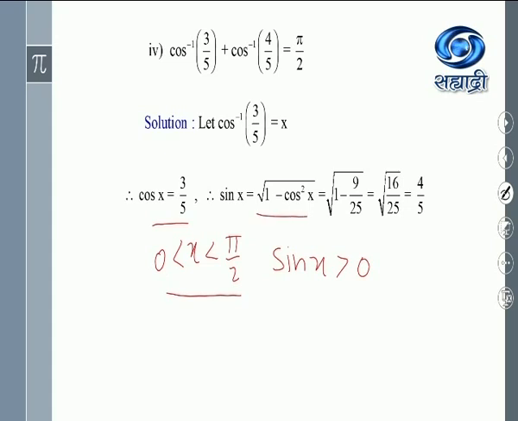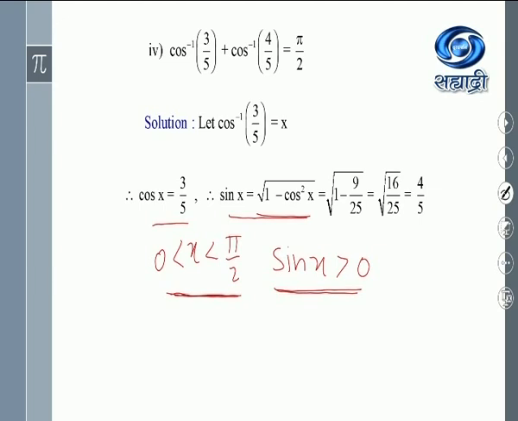Otherwise the question arises why we are not writing plus or minus sign. So to consider the positive sign, we will have to write on this, and for this the previous step is x less than pi by 2 greater than 0. So after writing cos x is equal to 3 by 5, write down x less than pi by 2 greater than 0. After that write sin x is greater than 0,